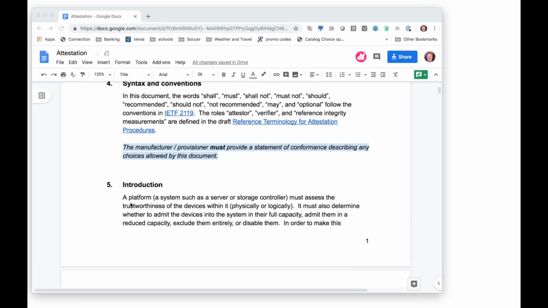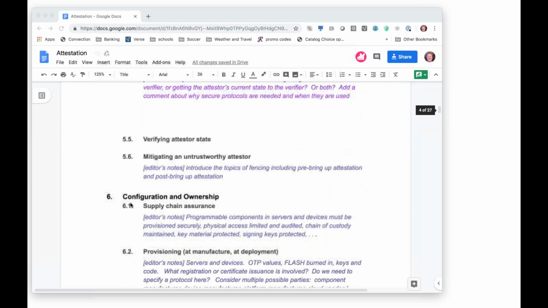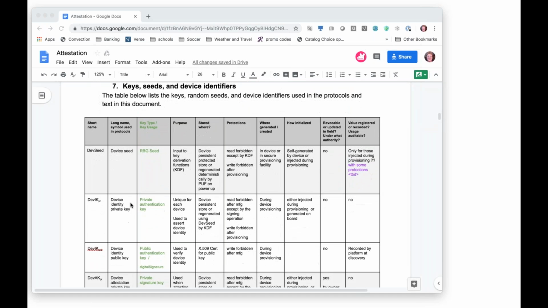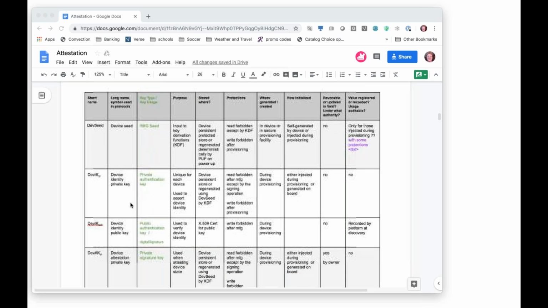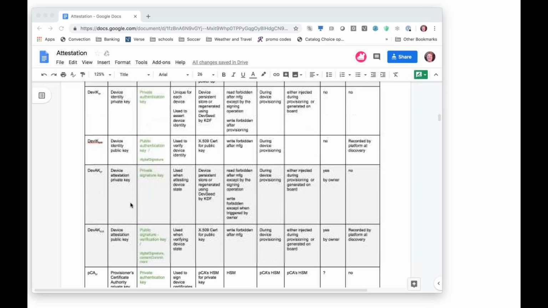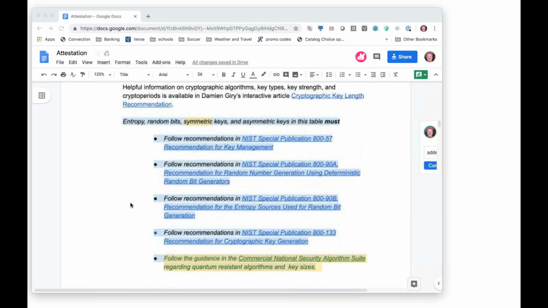I focused a lot, my main attention was on the key table, which we've been working on the last, I guess, 2 calls. And there were a lot of suggestions that I've incorporated, and I want to go through at least some of the changes, and then request some help. Before we jump into that, let's go to, let's see, page 6 here. All right, so